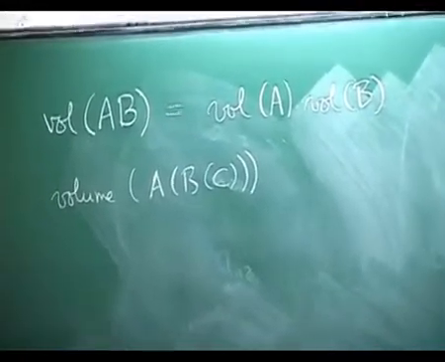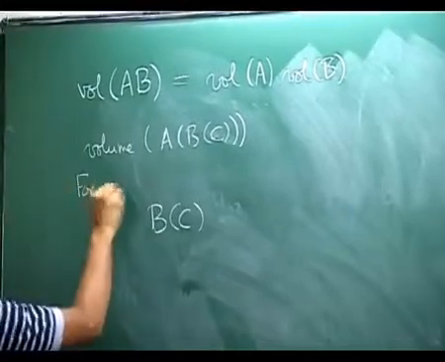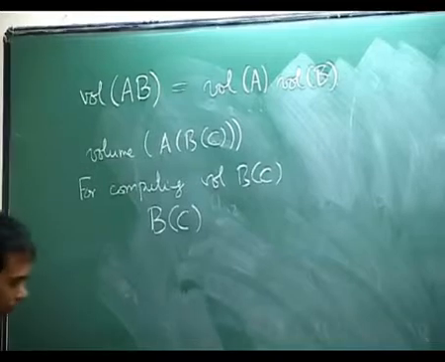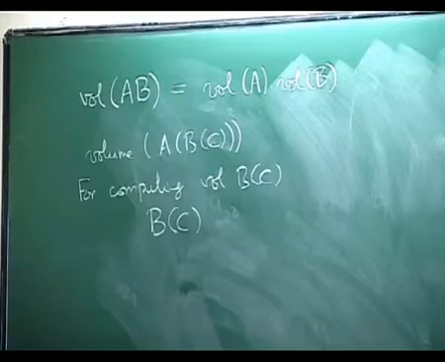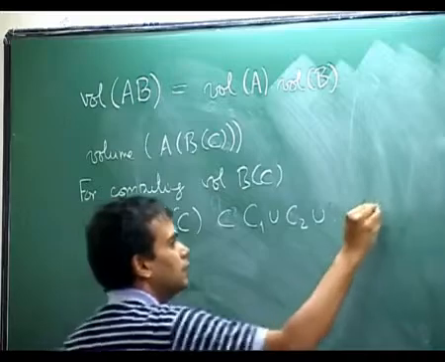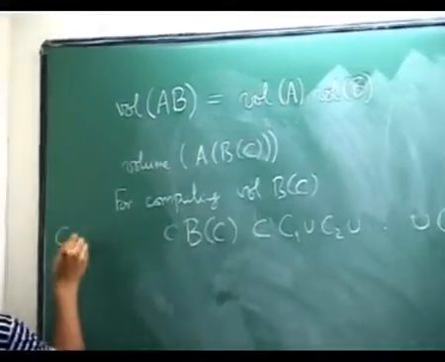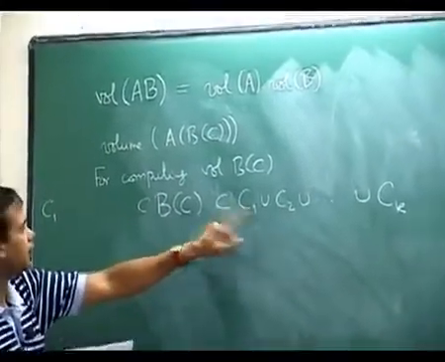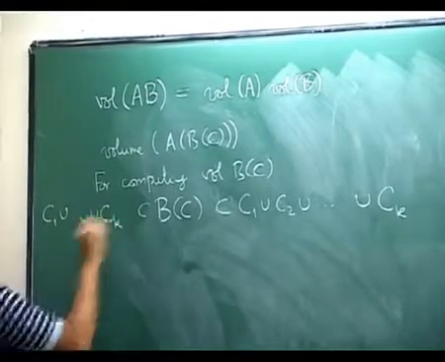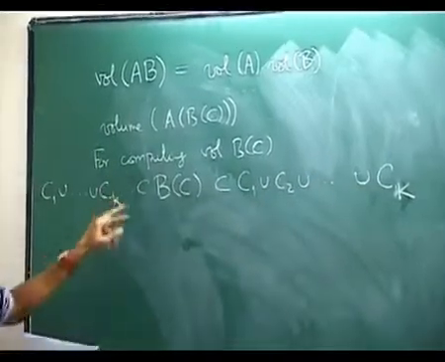So when we computed the volume of B of C, what we did is, firstly we divided the plane into small squares, a grid of squares, and then we saw that this B of C is in the union of some squares, C1 union C2 union CK, the squares which contain B of C, and in turn it contains some other smaller squares. If a square is contained in B of C, then certainly it intersects B of C. So this will be a subset of those squares, where maybe I'll call this capital K and I'll call this little k. So we put B of C inside a union of these squares, and it contains the union of these squares,